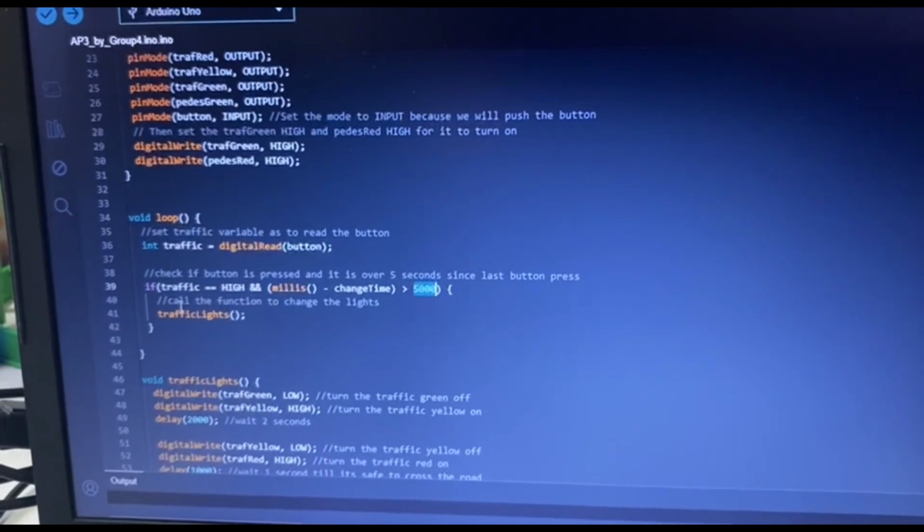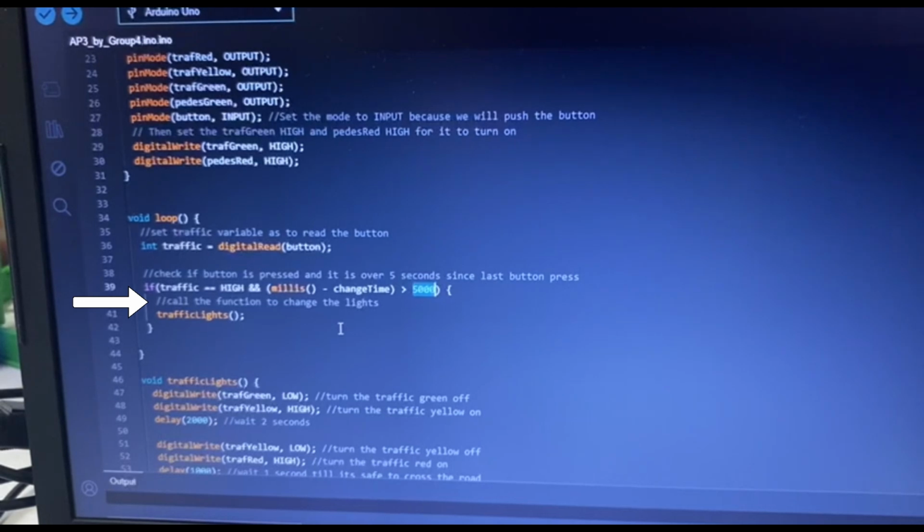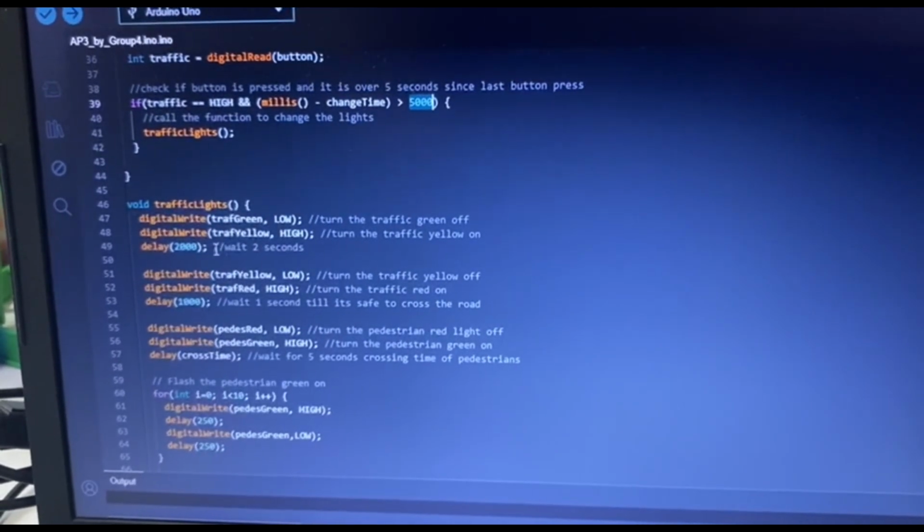Then after that, we will call the function to change the lights, which is the traffic lights. And in here, with the function traffic lights, we will set the traffic green to low to turn the traffic green off. Then for the traffic yellow, we will turn it on.